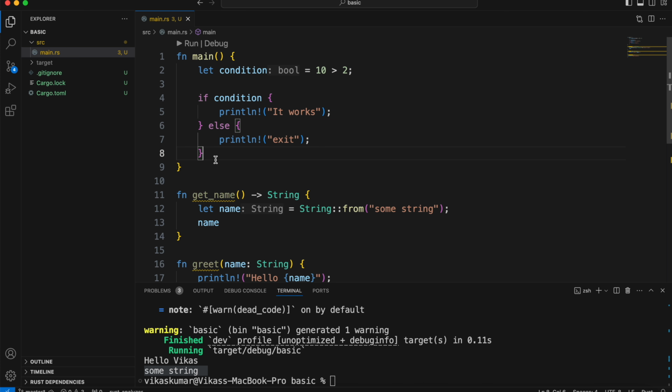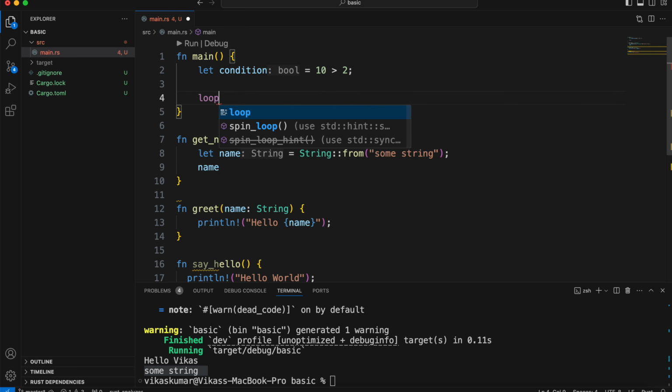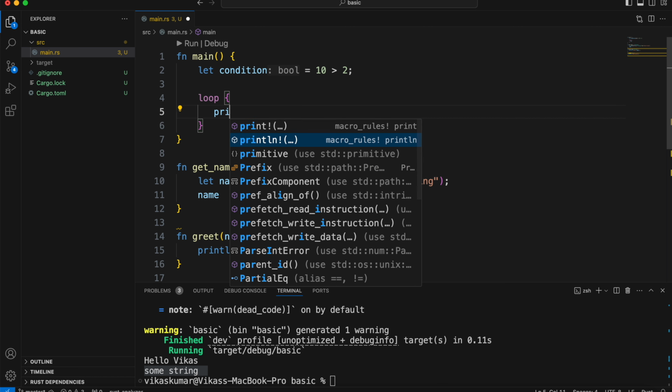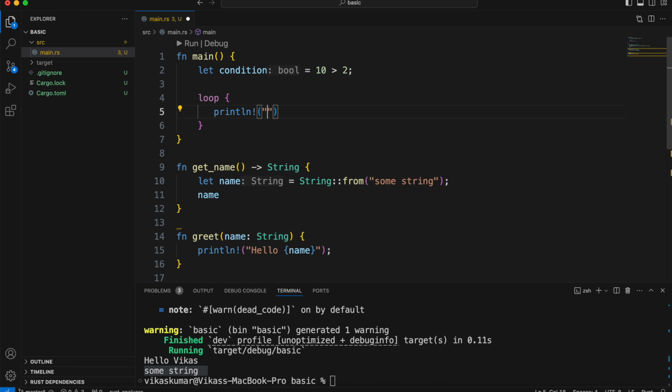I am not going to spend much time on trivial concepts. There is also a loop in Rust, and I will cover that later, because it is not a good practice to use. Okay, let's see that also. If you are wondering what a loop is, this is how you can have a loop, and this body is going to be evaluated an infinite number of times. If you want to exit from this loop, if I print working,